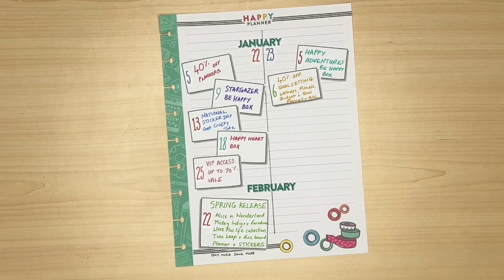is out. The best way to stay in the loop with Happy Planner is to check out their Instagram. They usually go live just before a release and give you all the information about when the preview is going to be, so you can look at things in detail on the website. Now there's no longer a Happy Planner squad. You can't be exactly sure who's going to have items to show, but they're definitely still sending product to ex-squad